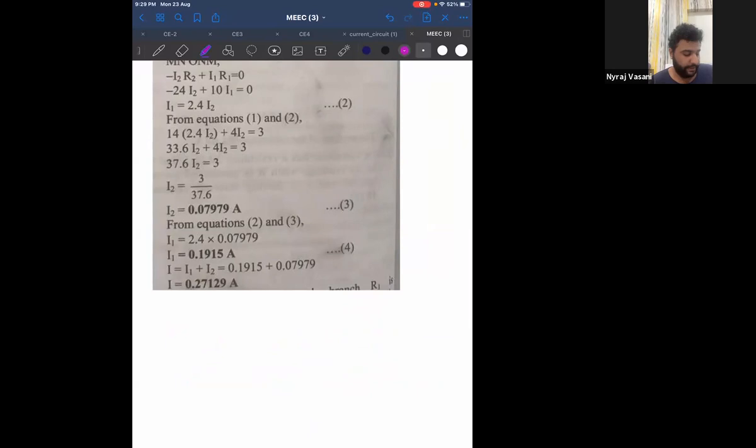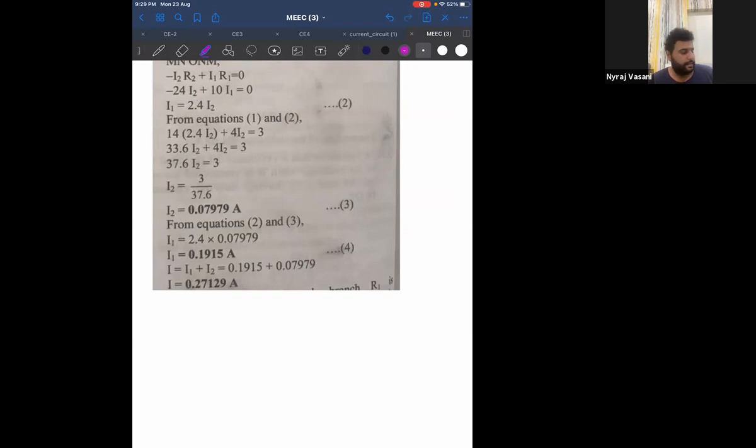Color code of resistors, EMF, resistivity, and temperature coefficient of resistance. I want you to go through these 4 topics from 11th standard. Can you do that much? Let me repeat. Color code of resistors, EMF, resistivity, and temperature coefficient of resistance. Can you do this much, all of you? Okay, done. With that, we stop for today.